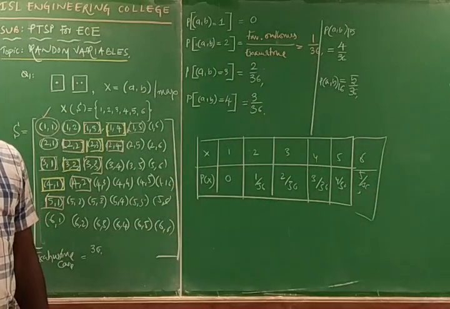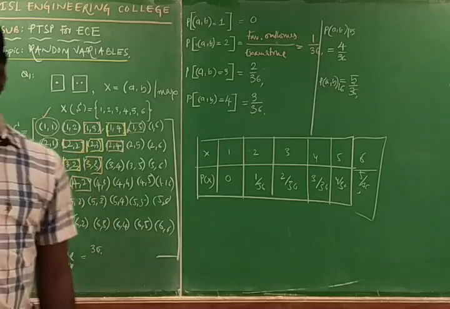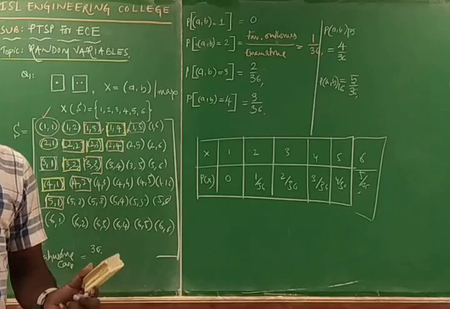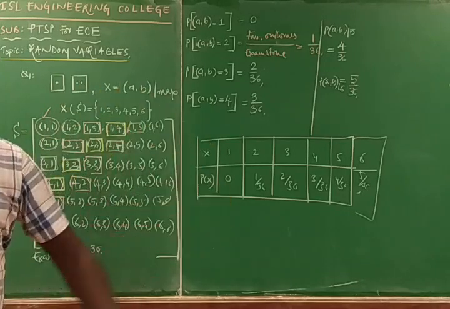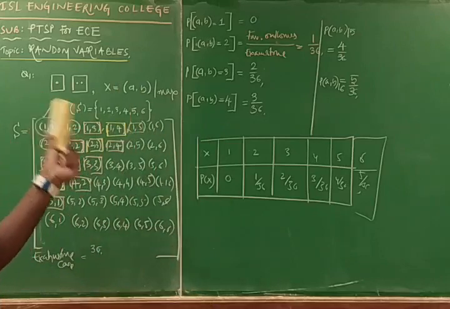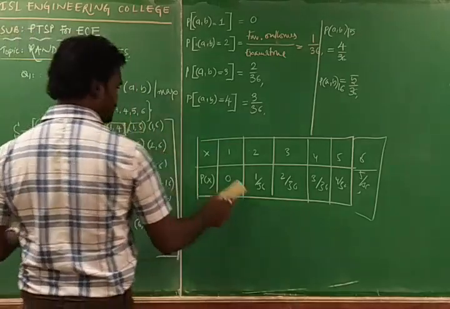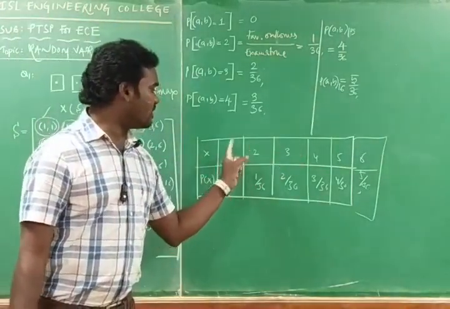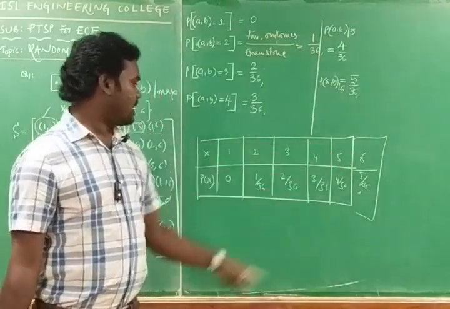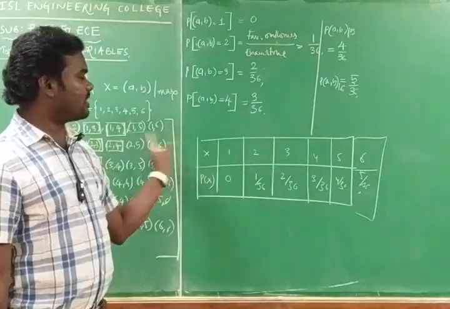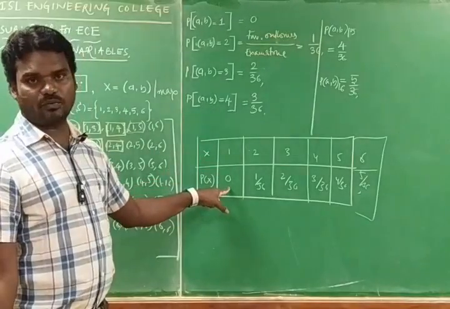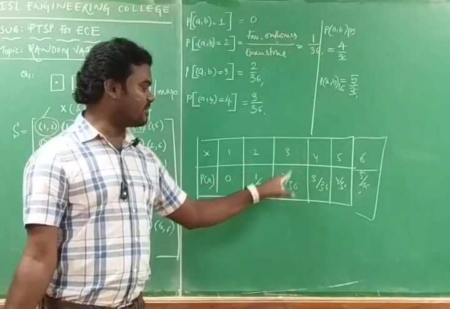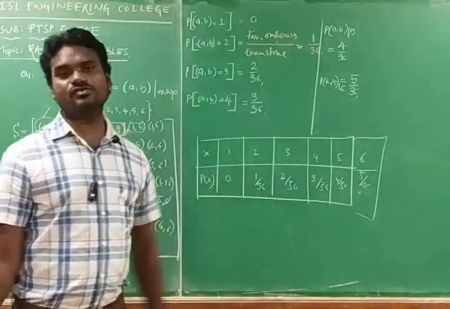This is one method. And sometimes the question may ask for the probability of getting a sum that should not exceed the maximum number. That problem we will solve next. This is the random variable from 1, 2, 3, 4, 5, 6. For the sum equal to 1, there is no possibility of getting a sum of 1, so it is 0. This is 1 by 6. Getting the sum of 3 is 2 by 36. You can go with it like this.